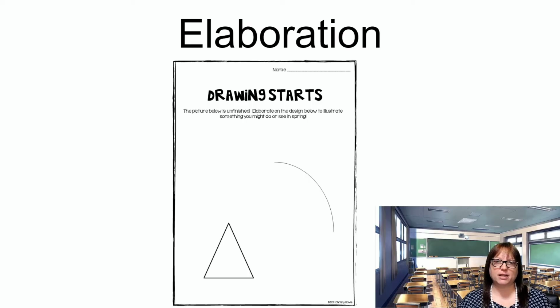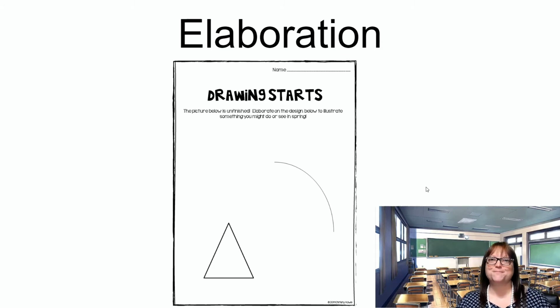So the nice thing about elaboration is it gives you that chance to look at something that's partially started and think, how can I add to that? How can I make something else with that? How can I change that or elaborate on that? Okay, so that is